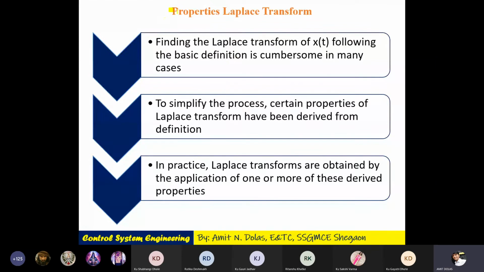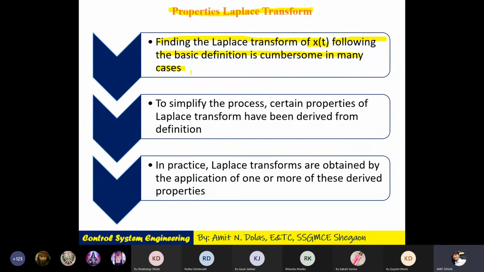Now what are the properties of Laplace transform? Finding the Laplace transform of x of t, which is in time domain of course, following the basic definition is cumbersome in many cases. Of course, how dangerous is the definition? It is x of s is equal to integral of 0 to infinity x of t into e raised to